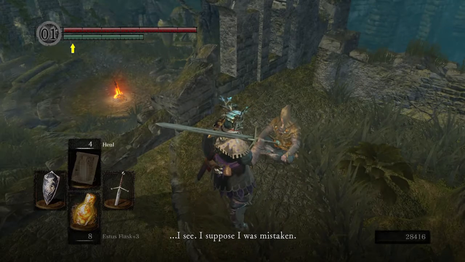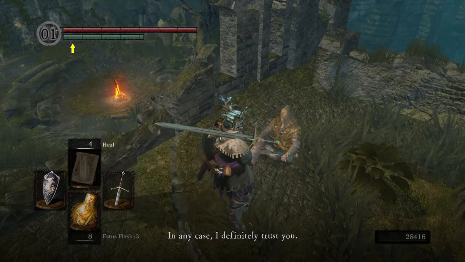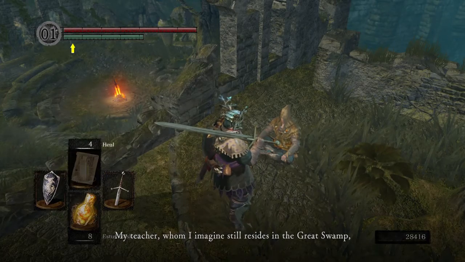I see. I suppose I was mistaken. I'm sorry. In any case, I definitely trust you. Apologies, my friend. No, forget that I said anything. You don't have to apologize, Laurentius. I'm apologizing to you. My teacher, whom I imagine still...